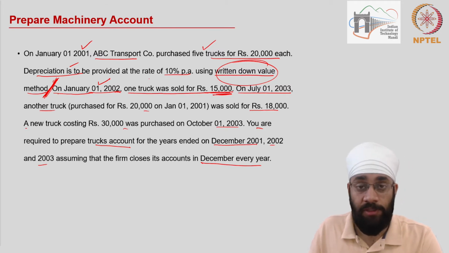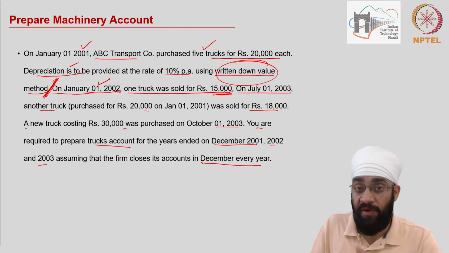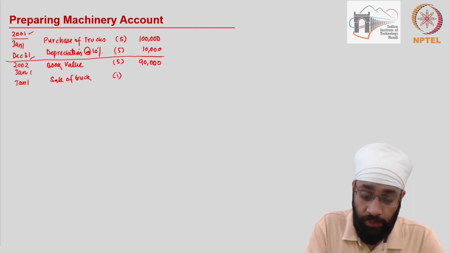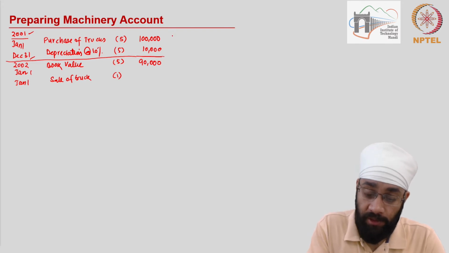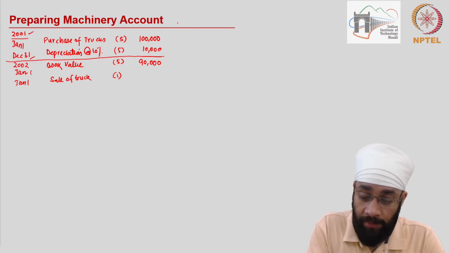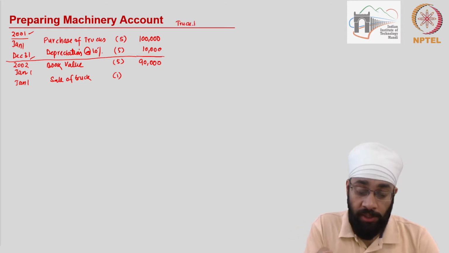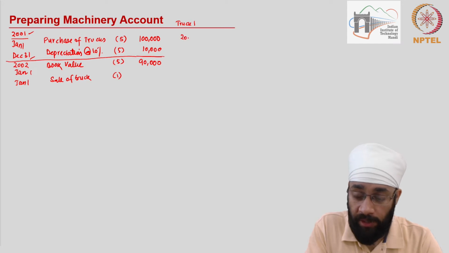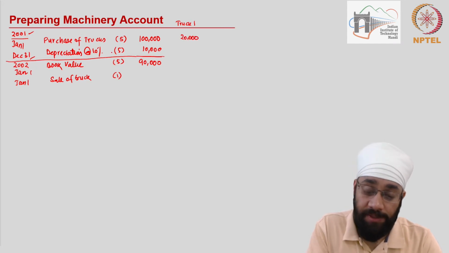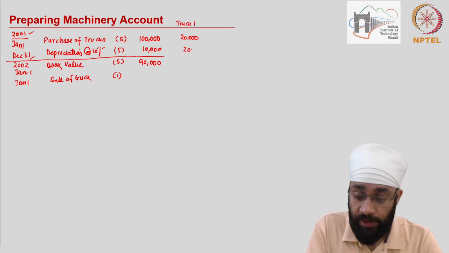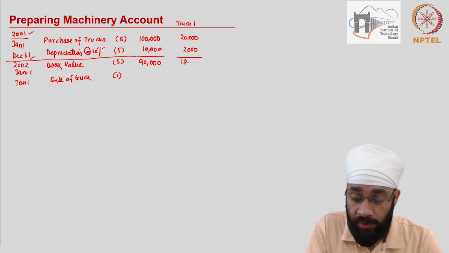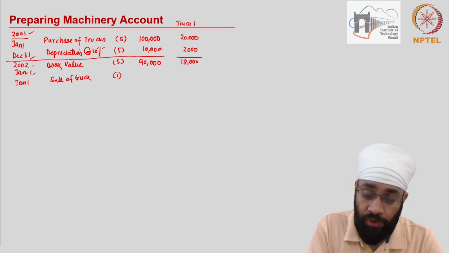So whenever an asset is being sold, there's going to be some profit or some loss. So what I'm going to do is create a new column to account for one of the trucks, truck 1, let's say, which is being sold. So this truck was purchased for 20,000, and the depreciation at the rate of 10% was provided. So 10% depreciation on this would have been 2,000. So this 10,000 includes the 2,000 on this one truck, and the value of this truck on January 1st, 2002 is